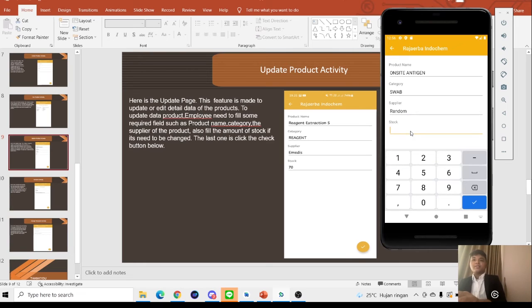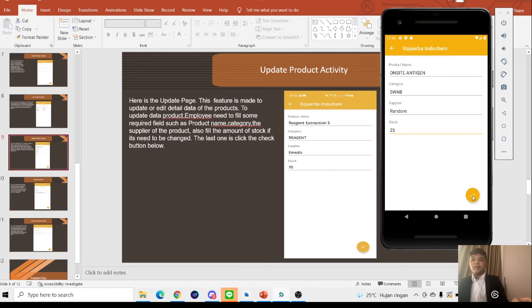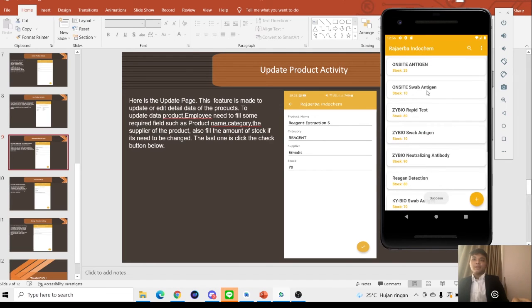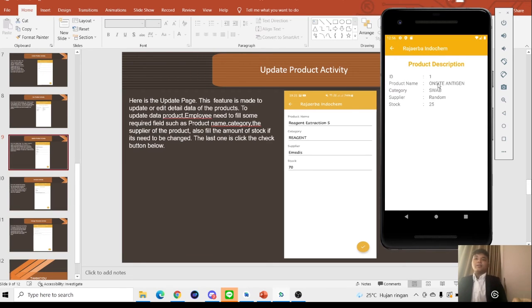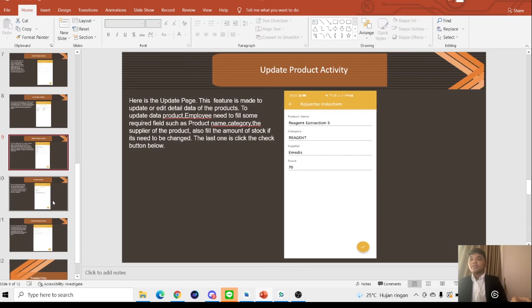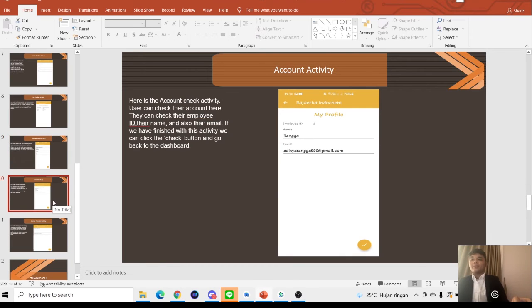The stock, let's change it to 25, and then click the check button below. As we can see, the product is changed, and if we see the product, the product has changed in every aspect.